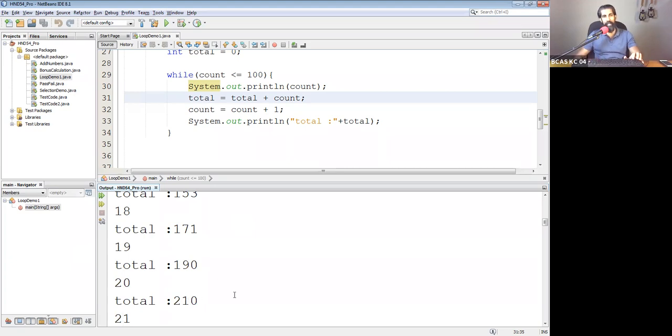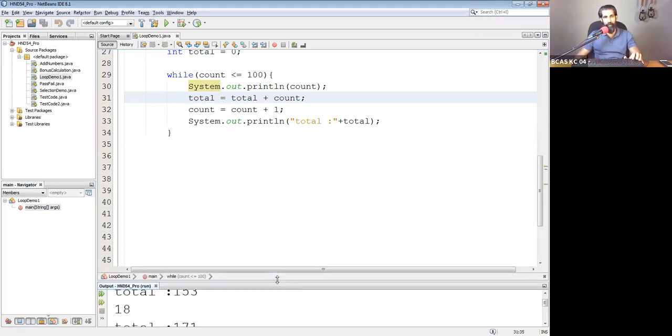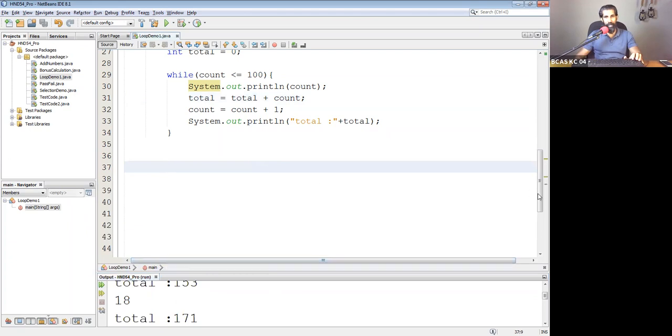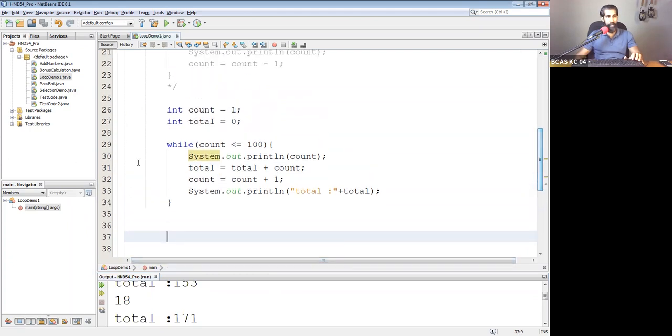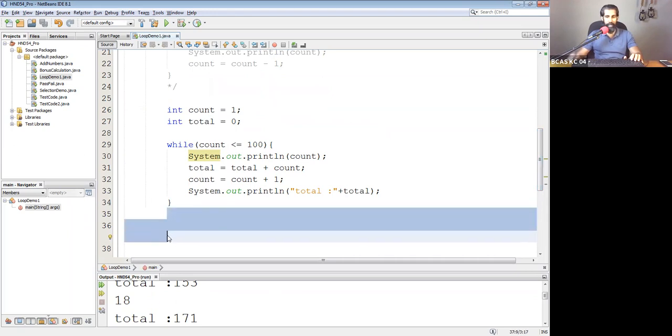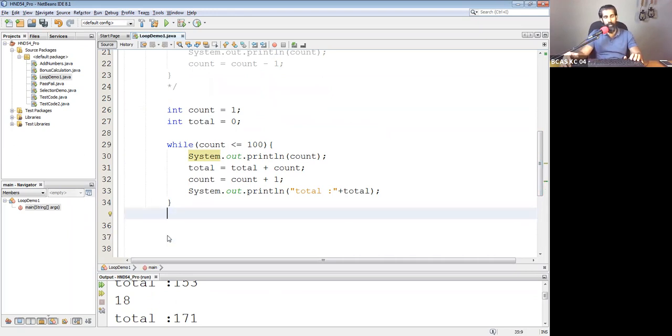So I don't think there is another simple way to explain than this. Okay, if you didn't understand, honestly let me know. Otherwise it will be a problem. If you didn't understand this thing, I can again try to explain this. Based on these things, we're going to build some more programs. That is why I'm asking you, did you properly understand this? And I'll post the recording and I'll get your feedback and I'll move forward.